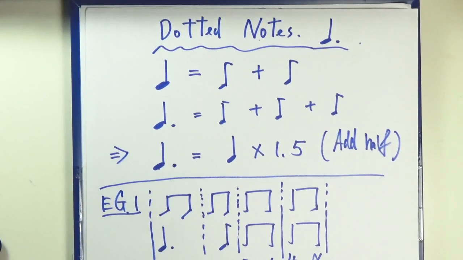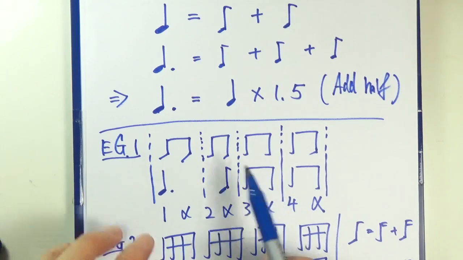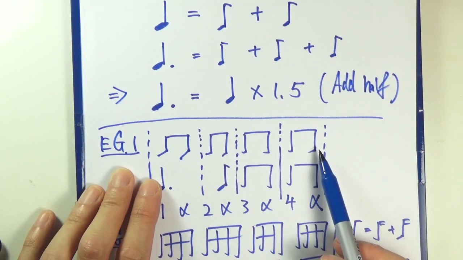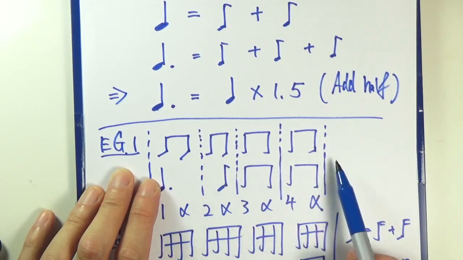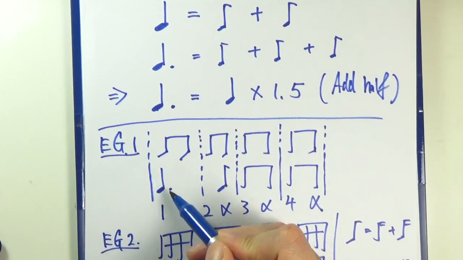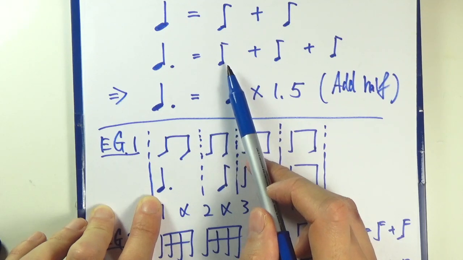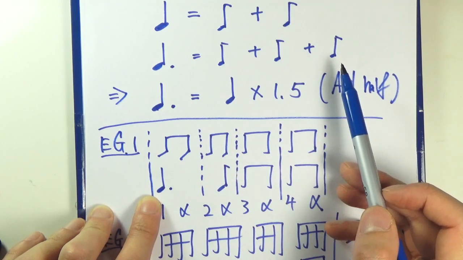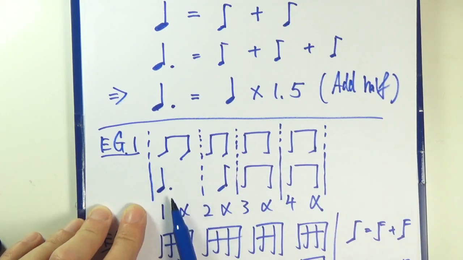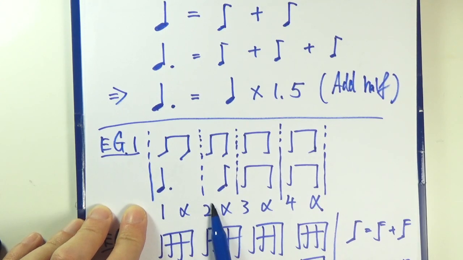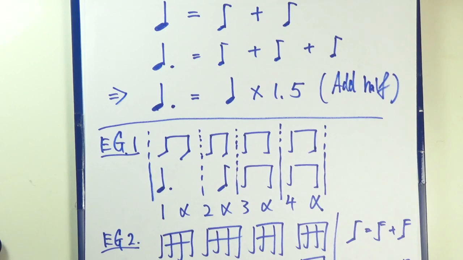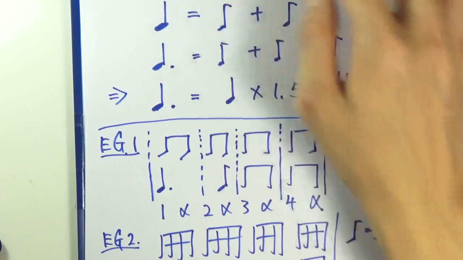Let's take a look at an example. You have these eighth notes on the upper row, so 1, 2, 3, 4. When you have a dotted quarter, basically, that's equal to 3 eighth notes in terms of time value. So you'll occupy this part, and also this part here. So 1 and 2, these are occupied by the dotted quarter. All right. So it would sound like 1,